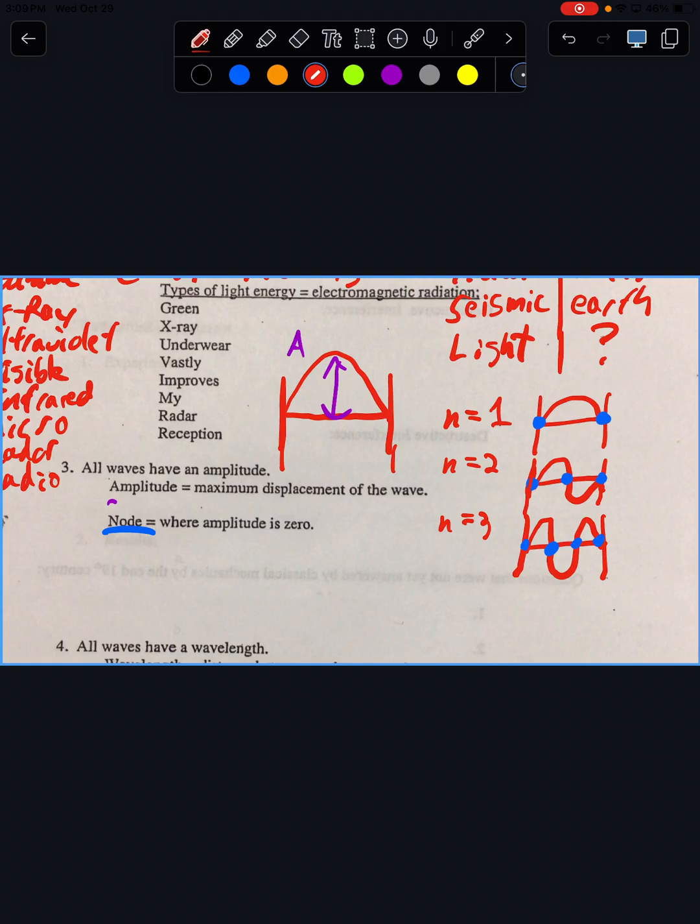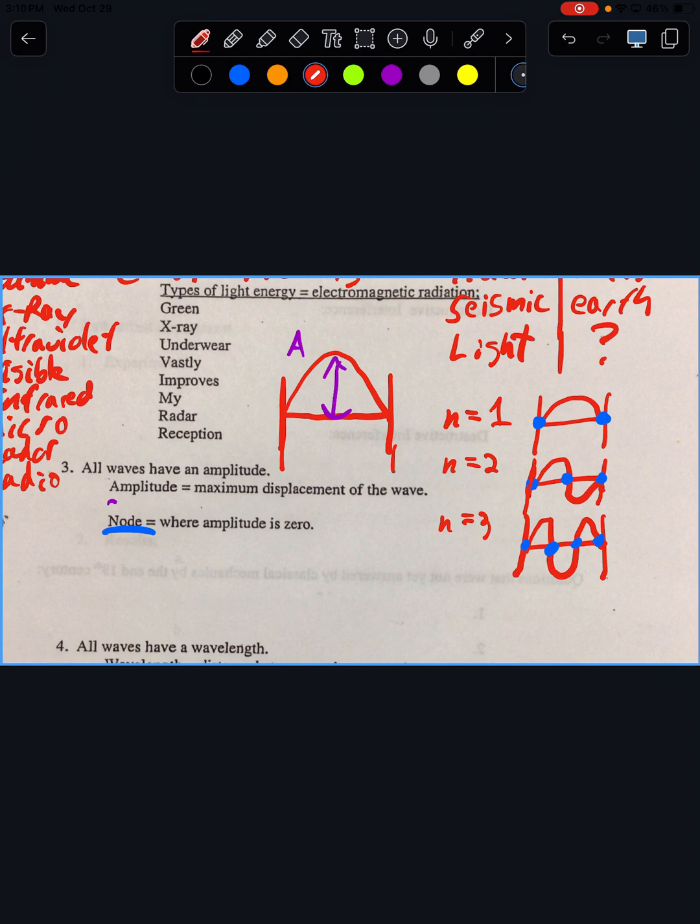All right, so this is where it will make sense. First of all, don't confuse the medium with the wave. Is there a wave in this string right now? No. If I put energy into it, the energy is the wave. The string is not the wave. It's the energy going through the string.